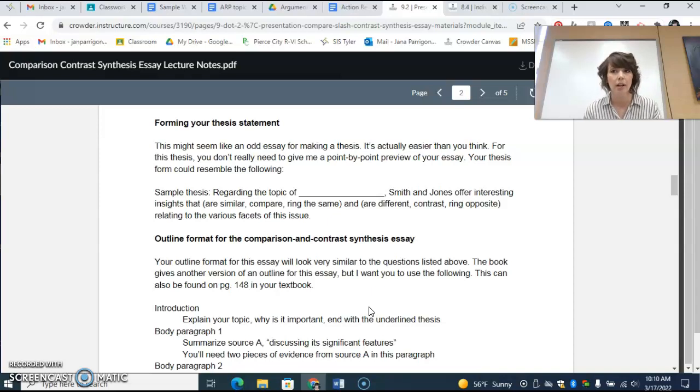If I was going to do climate change, I could say, regarding the topic of climate change, Smith and Jones offer interesting insights that are similar and different relating to the various facets of this issue. Or I could say compare and contrast relating to the facets or the elements of this issue. If you don't have an author for one of your sources, then just use the article name in the thesis statement, okay?